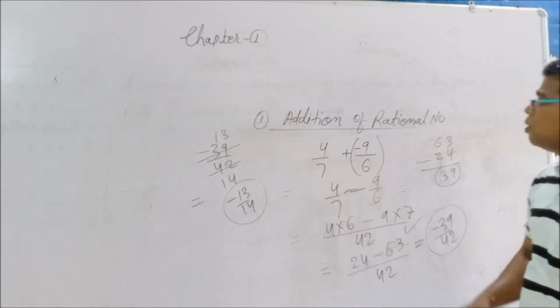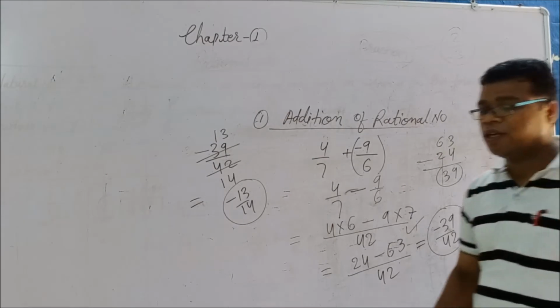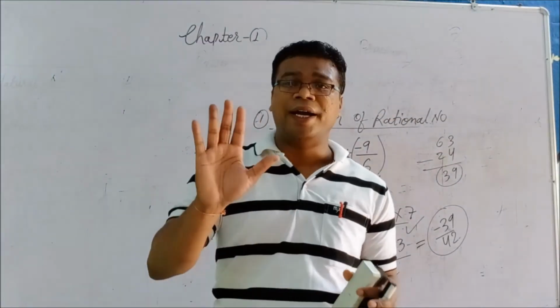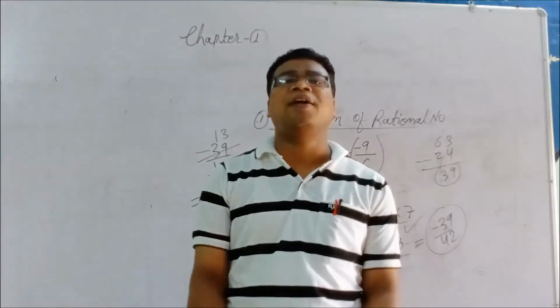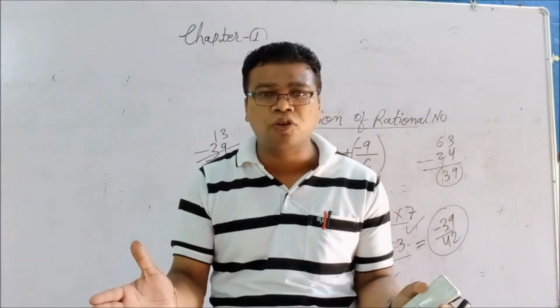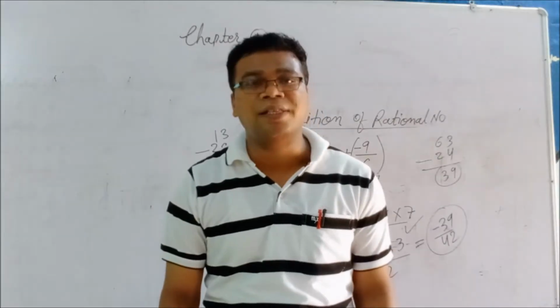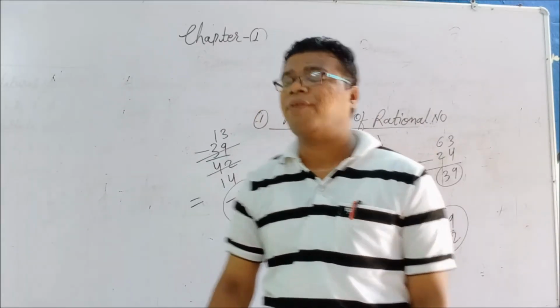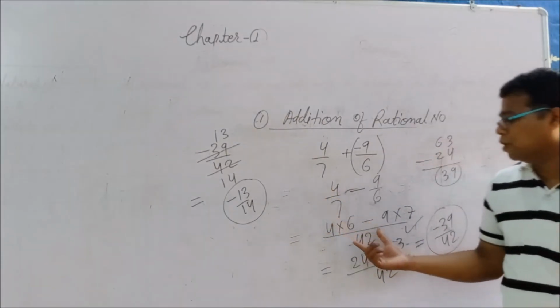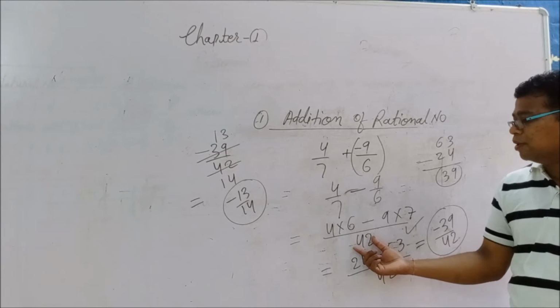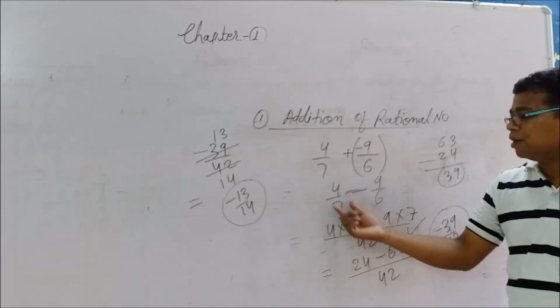So this is all about the addition of rational numbers. I am going to summarize the thing. In the addition, what actually do we have to do? We have to equalize the denominators. How to equalize the denominators? Find the LCM of both the denominators, and after that the same operation. How many times in the table of the denominator does that LCM come? The same thing we have to multiply with the numerator.